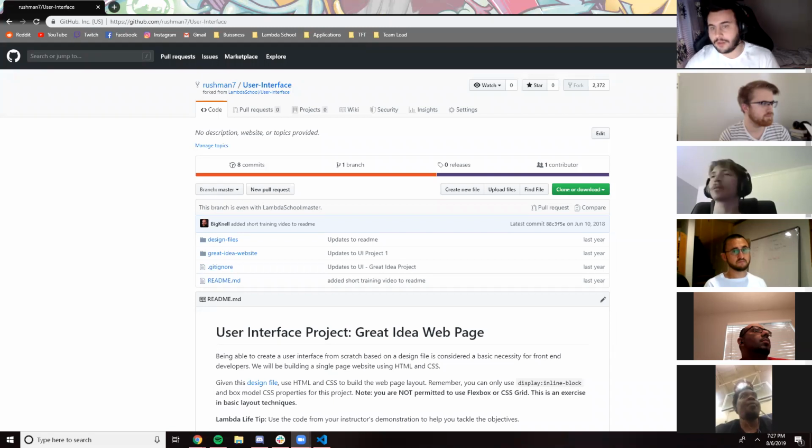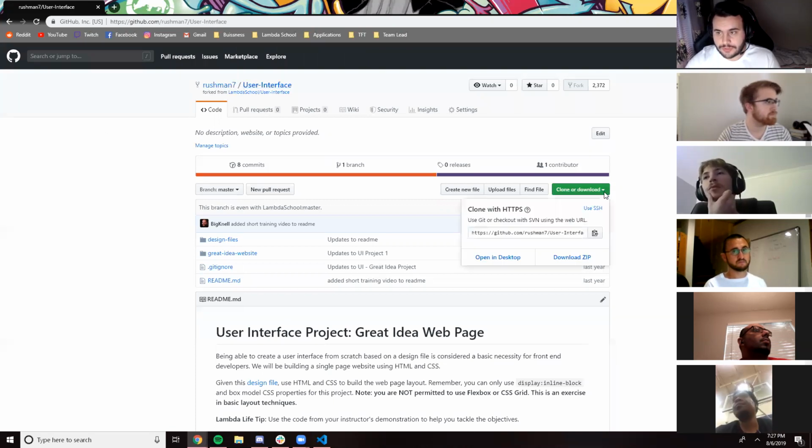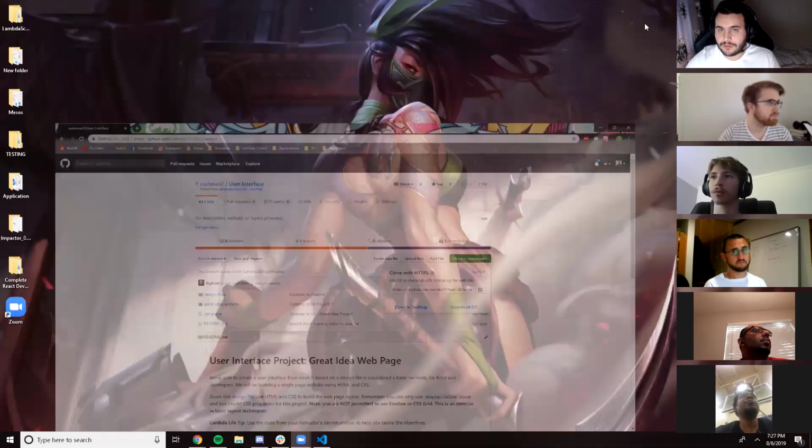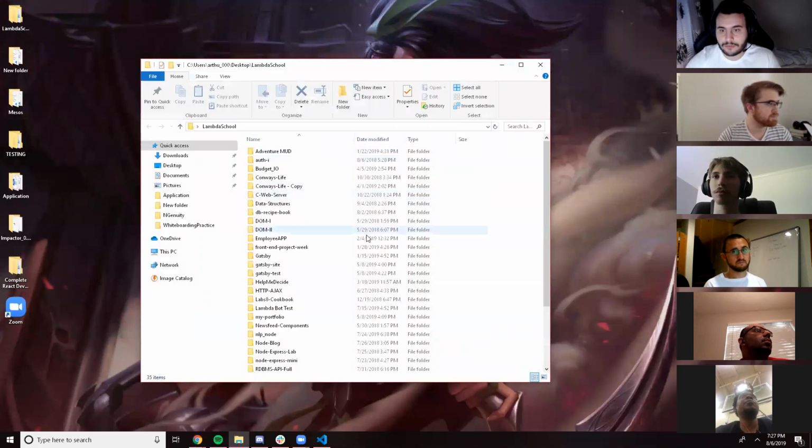Yes, recording. Okay. So yeah, fork it. Make sure that your GitHub handle's at the top, so you know that it's your own branch. So now you want to clone it. So you take this, just click this button, it'll auto copy it, and you want to open up your